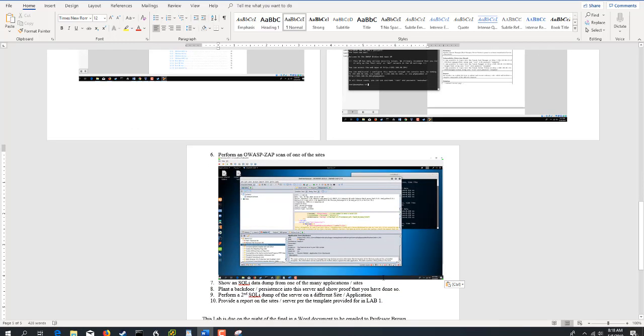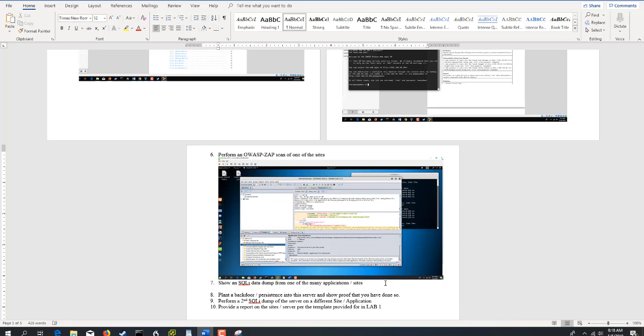All right. Now, 7, 8, and 9 are going to be probably the hardest things you do in the class, because we haven't spent a whole lot of time on SQL injection, it is one of those areas that takes a lot of finesse. So I'm going to be kind of lenient on these. The first one I'm going to go over, though, is if you are trying to do a boot to root or trying to gain root access in order to get a backdoor,